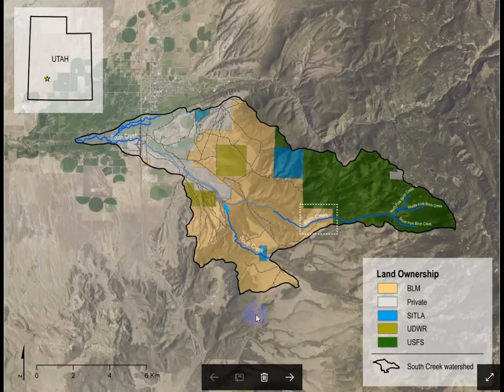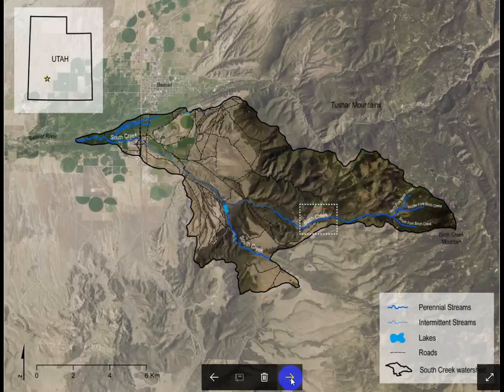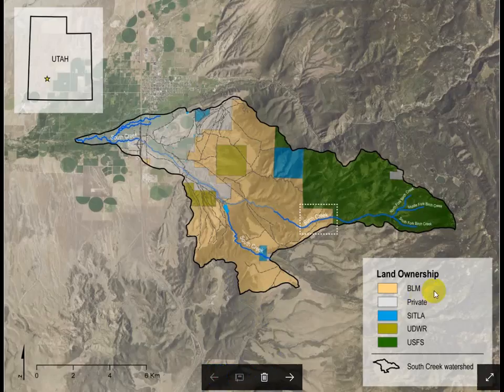So the first would be to combine the land ownership map with this overview map, because I think we can get all this information on one map. So what I'd suggest is potentially moving the land ownership legend up here and then putting the other legend down here. So the idea would be on this map we could have